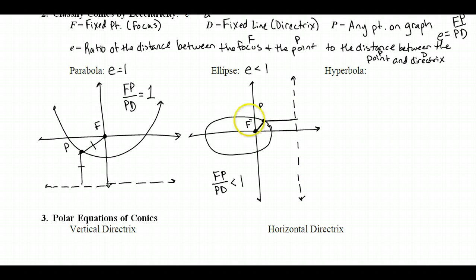And even if we picked a point way over here, so here's another point, well, that distance is still obviously shorter than that distance. So you really could pick a point anywhere on the ellipse. And then the last one that we have is our hyperbola, and here eccentricity is going to be greater than 1. So if we graph this,